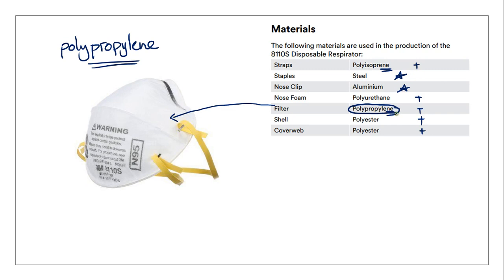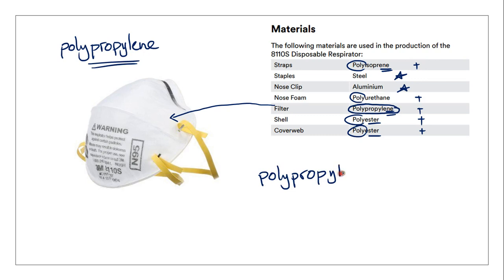So these two end with E and E. These two have the same name. Does that mean they're the same materials? And everything starts with the word poly. Okay, so the word poly must mean something very, very specific. So I'm just going to tell you right now that when you look at polypropylene,